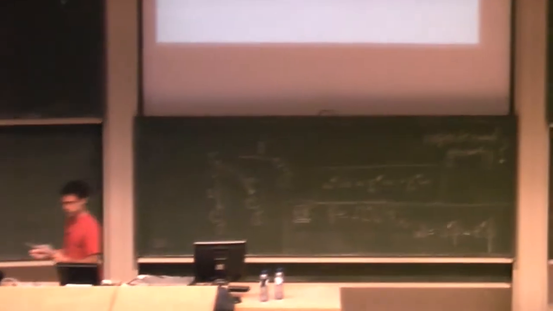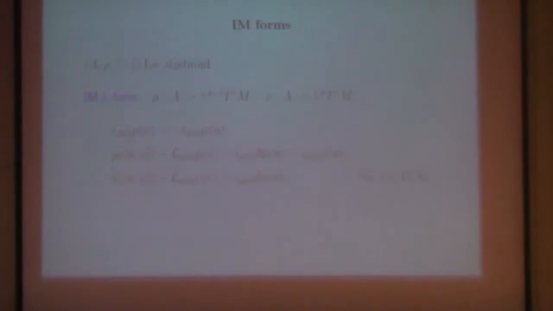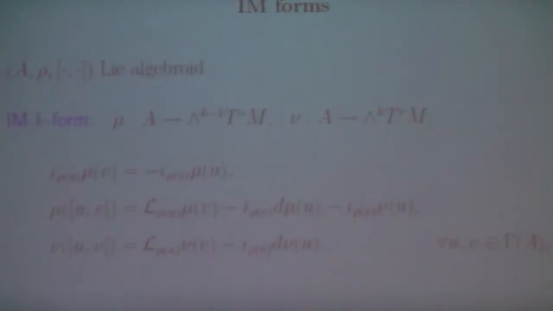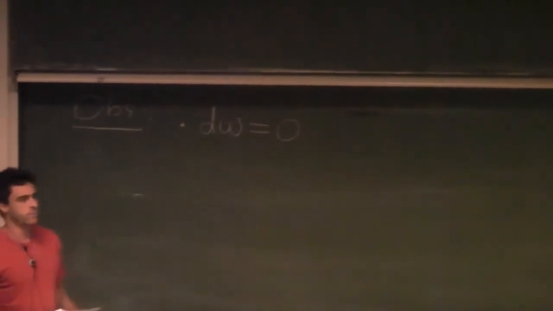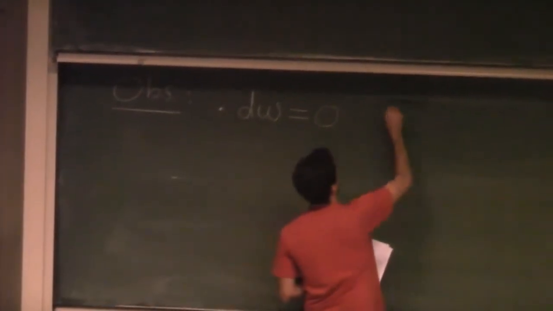Okay, so these are the equations. So let me first tell you what happens in a very particular case. If the global object, if this multiplicative k-form is closed, then you only need one of the maps, right? Because the other one is about d omega, so the other one would be 0. So then you would have only one map,